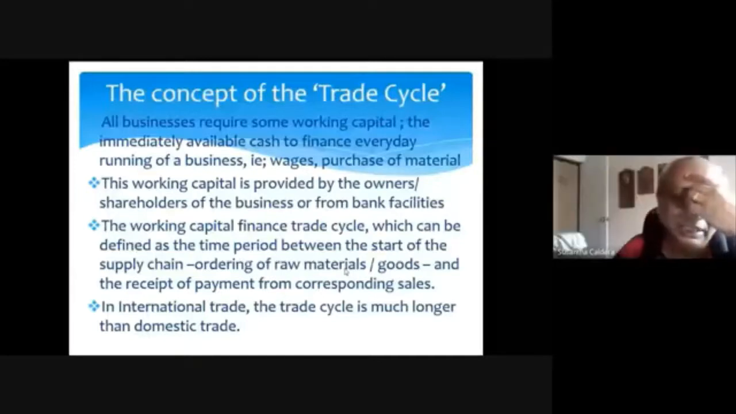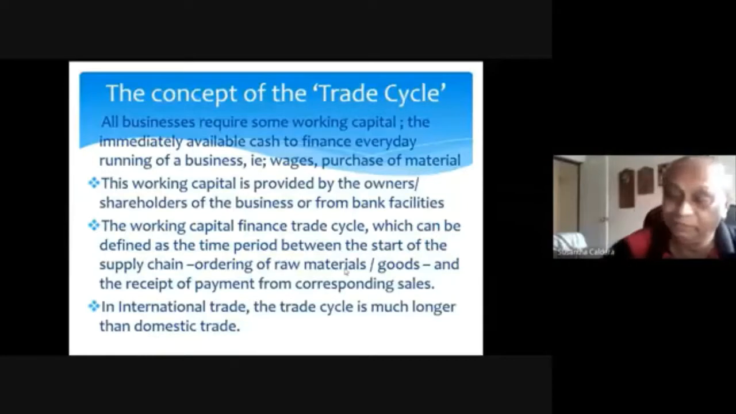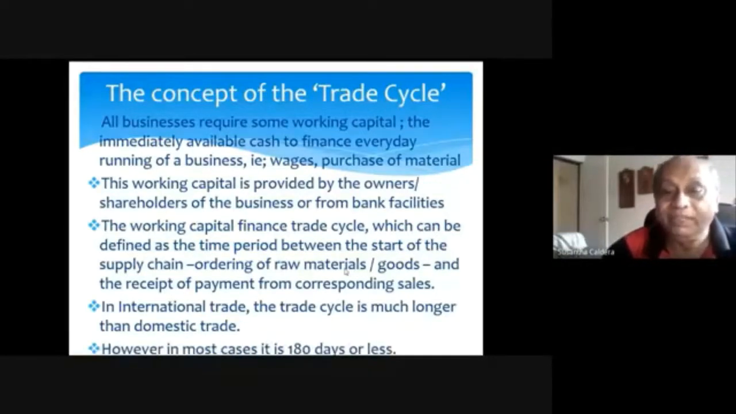Yeah, very good. Shipping times, and manufacturing time. Manufacturing time, ordering, shipping. However, in most of the cases, it is less than 180 days. So when you are dealing with international trade, if you are giving trade facilities, ensure that you are giving the facilities for less than 180 days. This is the main reason why I am asking